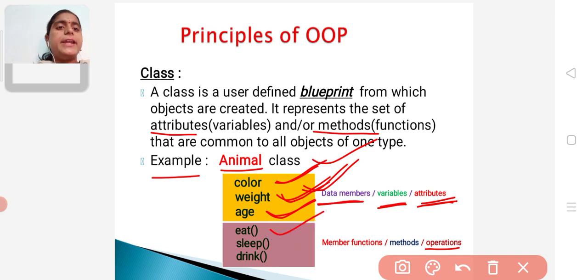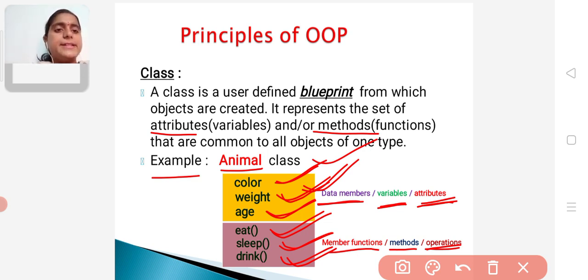Those are eat, sleep, drink. Every animal eats, sleeps and drinks water. These operations performed by the animal are also called member functions or methods or operations. This is the animal class.